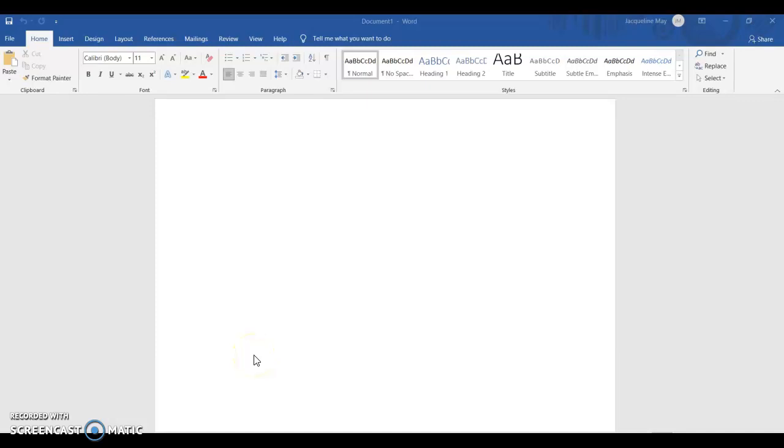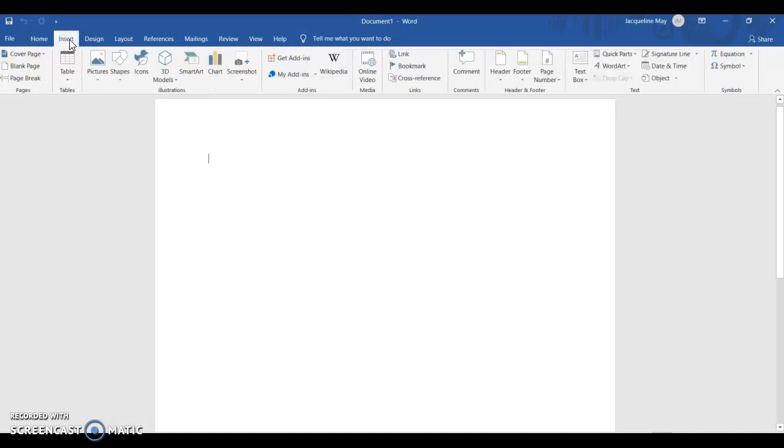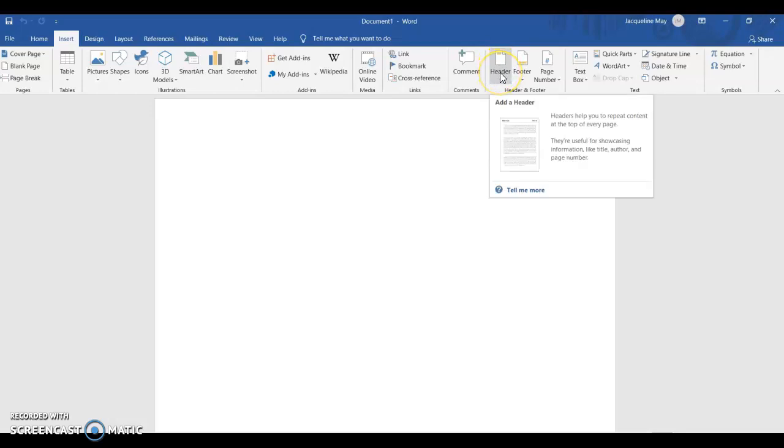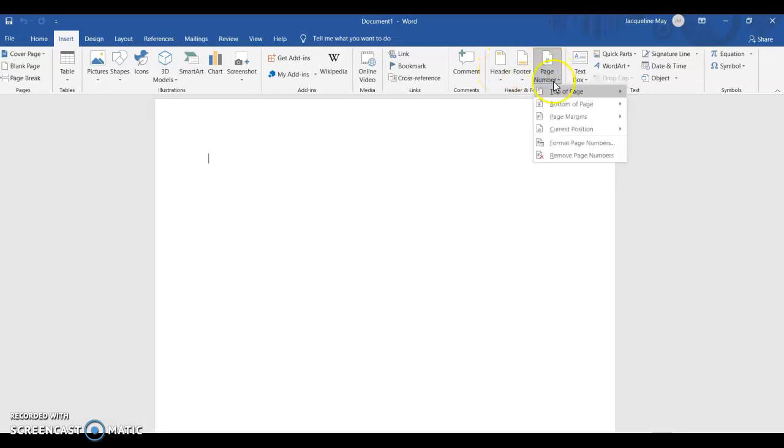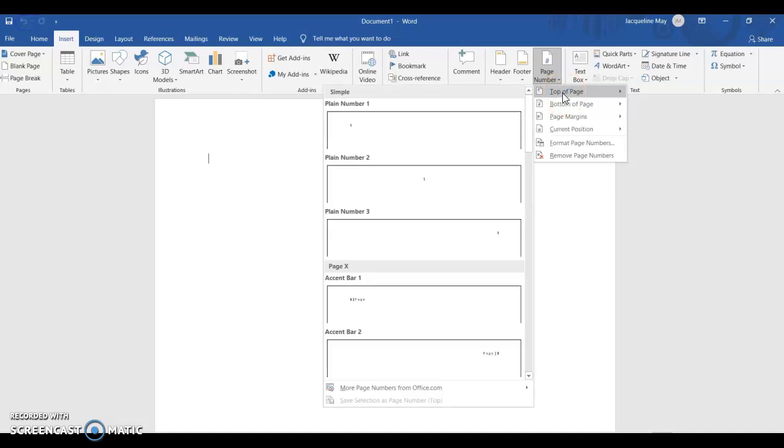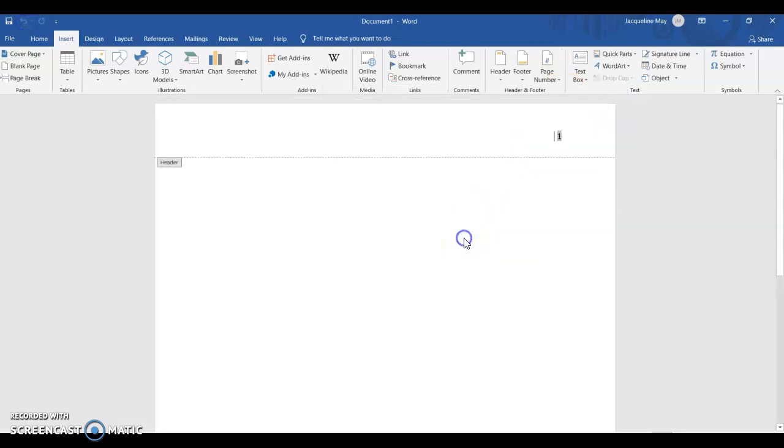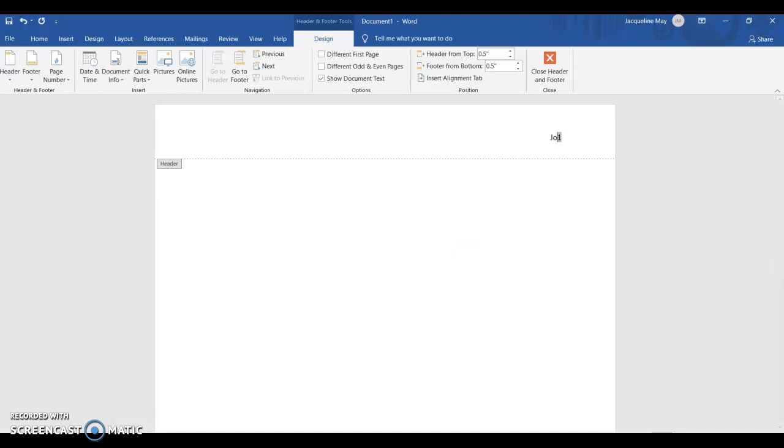Okay, this video shows how to set up a paper for an English Composition 2 class. The first thing we're going to do is create what we call the header in the upper right corner. So go here to Insert, and then it would make sense to click Header, but because we need a page number, we're actually going to click Page Number. We want it at the top of the page in the upper right corner, so that's the third one down. And then you type your name in front of it and hit the space,